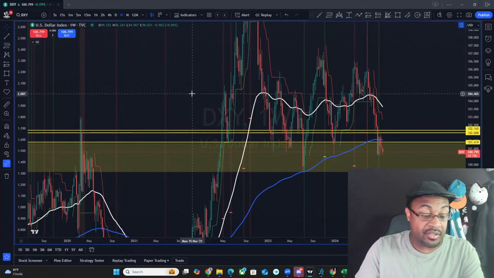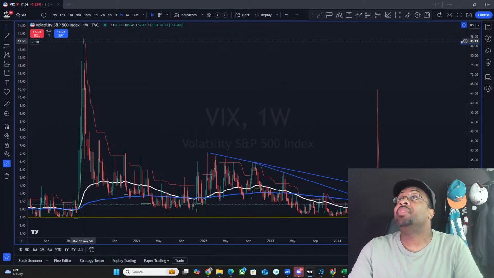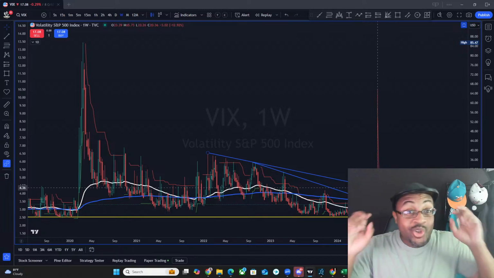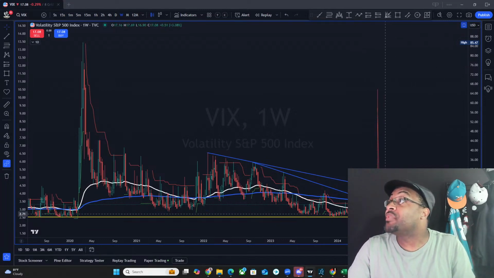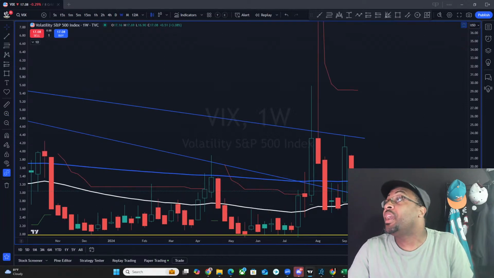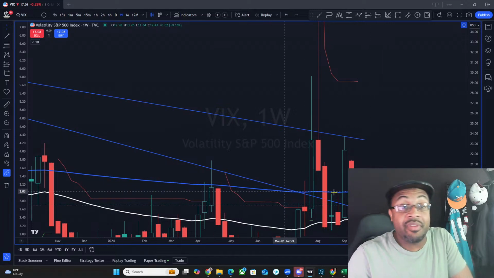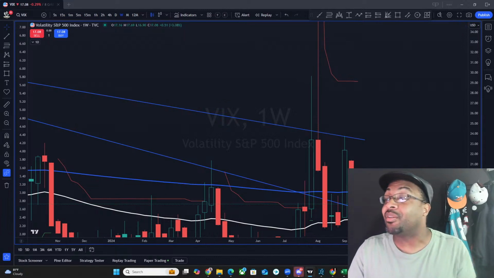Some of y'all like the VIX, so I'm going to go ahead and use the VIX real quick to point this out as well. We had a nice little downtrend from here, and it just had a nice little base here, and eventually it did that explosion. That was that August 5th so-called glitch, right? But ironically, it reset a whole bunch of oscillators, and then we got ourselves a nice little push up. Does this actually try to recapture some of this wick? They tried here, but then we created a nice little gap down last week, and this week we got ourselves a nice little gap up. So very, very interesting on what the VIX is doing right now. So just be smart and do not get reckless along the way.